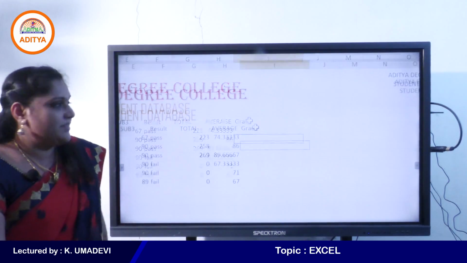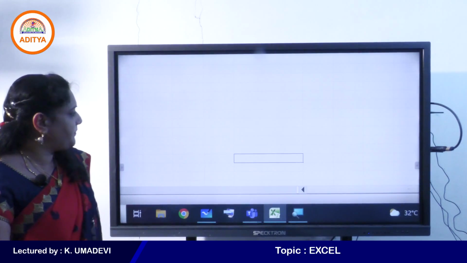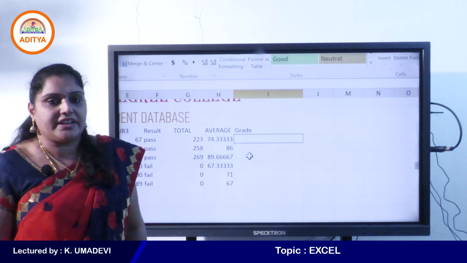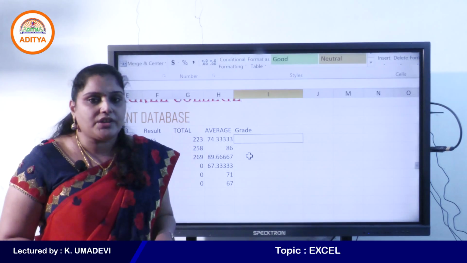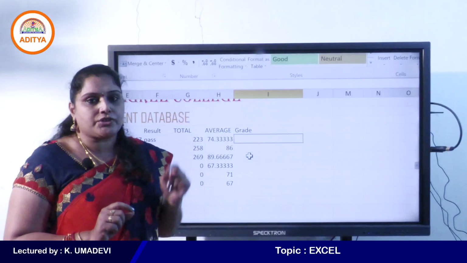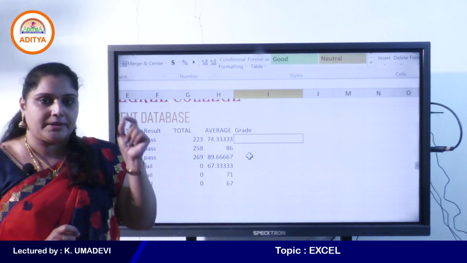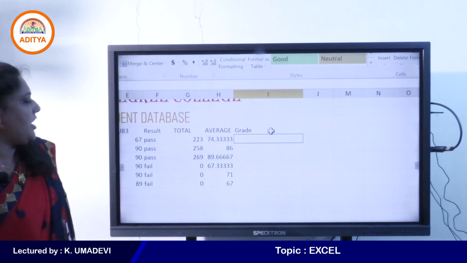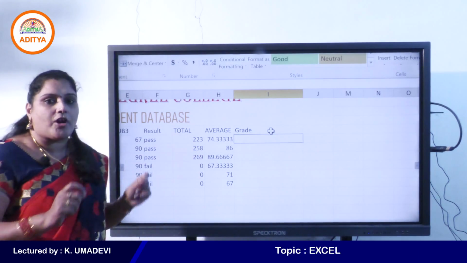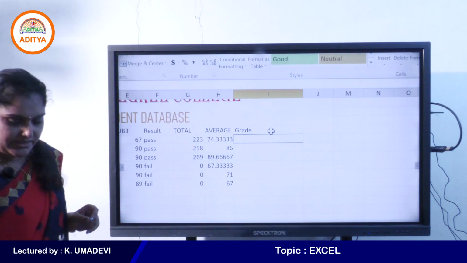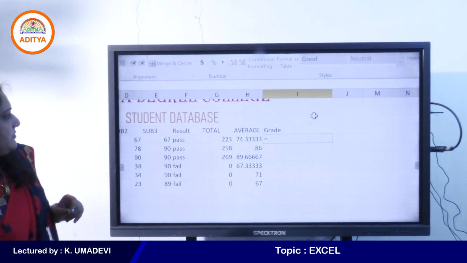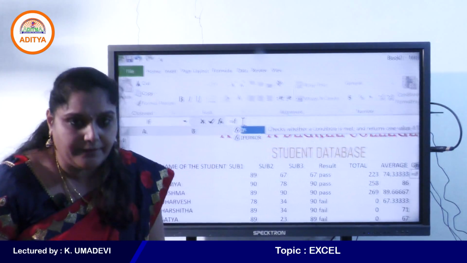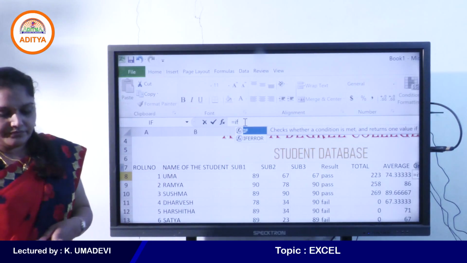So now, it is possible by using nested if. Nested if means, see, one if function is written inside another if. Now I will show you a small example, like here I will print A grade, B grade and F grade. Okay students. So now just enter the formula in formula bar, or else simply enter equal to sign. Then I will enter the formula, that is if